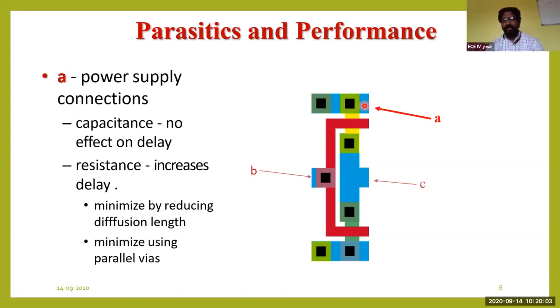Resistance R is equal to rho L by A. It tells us that the resistance is directly proportional to length and inversely proportional to the area. It means that if the width of this particular layer increases, the resistance is going to decrease. Why? Because whenever you talk about the aspect ratio, we call it W by L, where L is the length of the channel and W is the width of the channel. If the width increases, it reduces the resistance, because resistance is inversely proportional to the width and directly proportional to the length. If length increases, the resistance also increases.